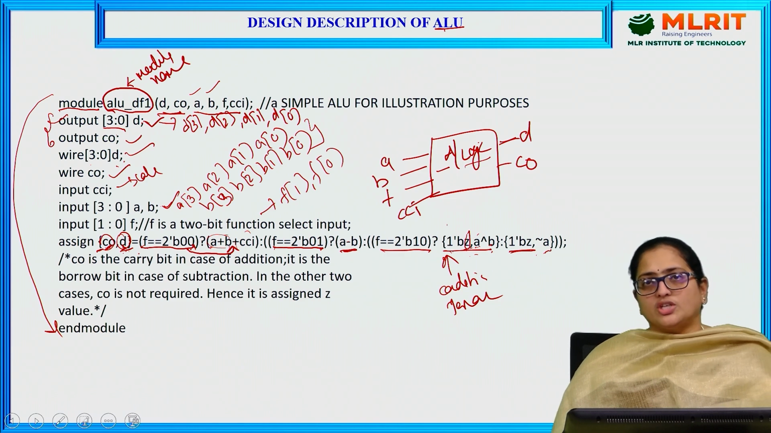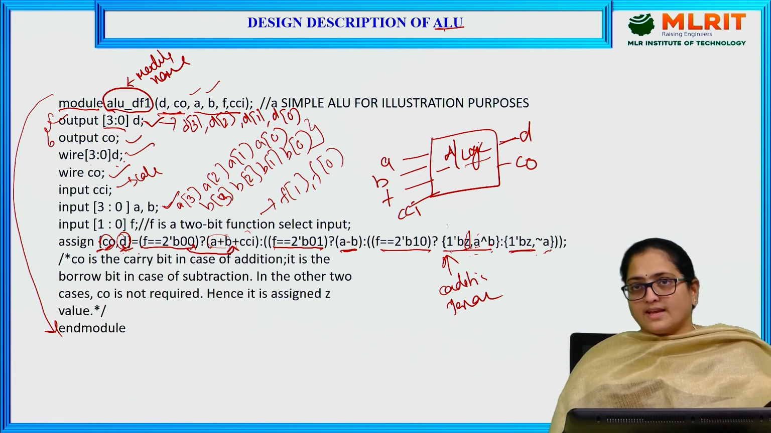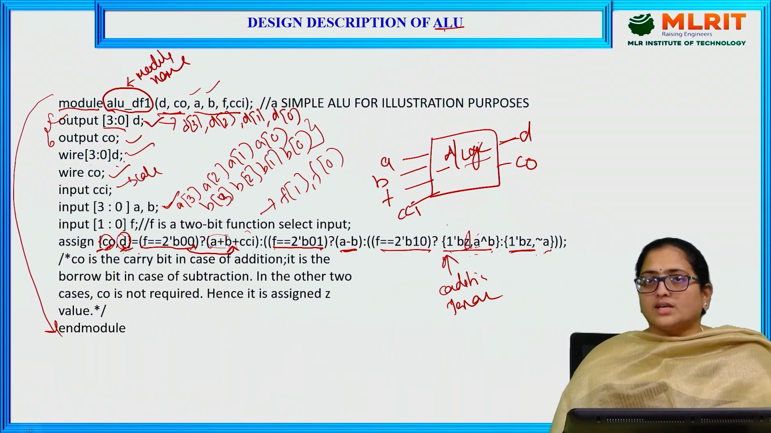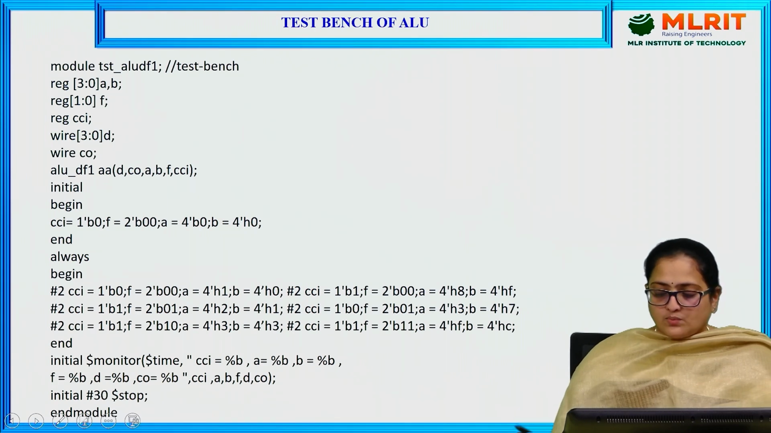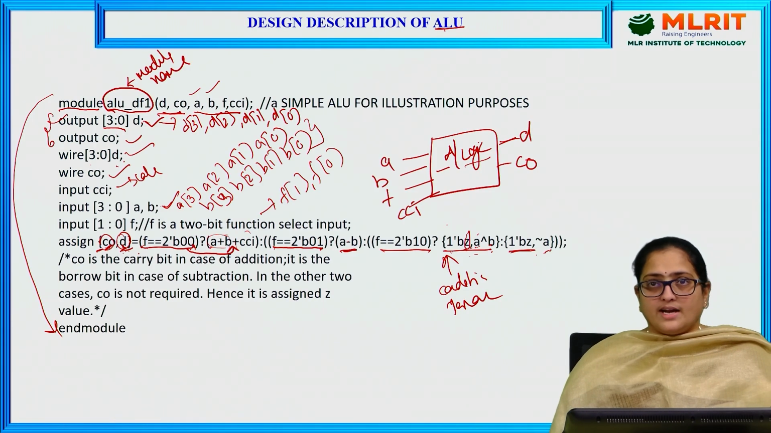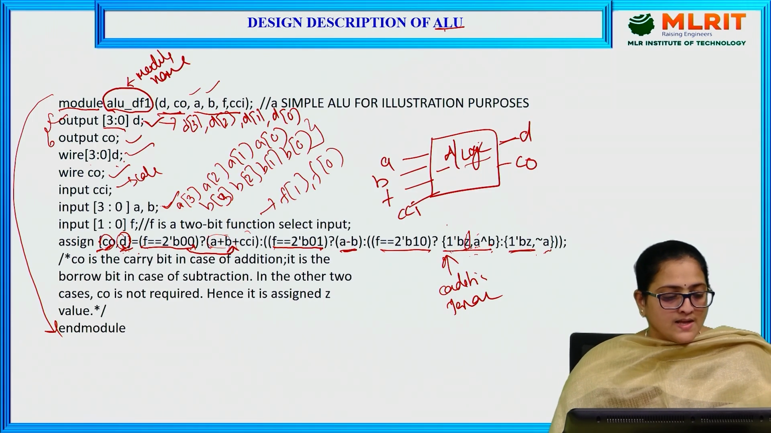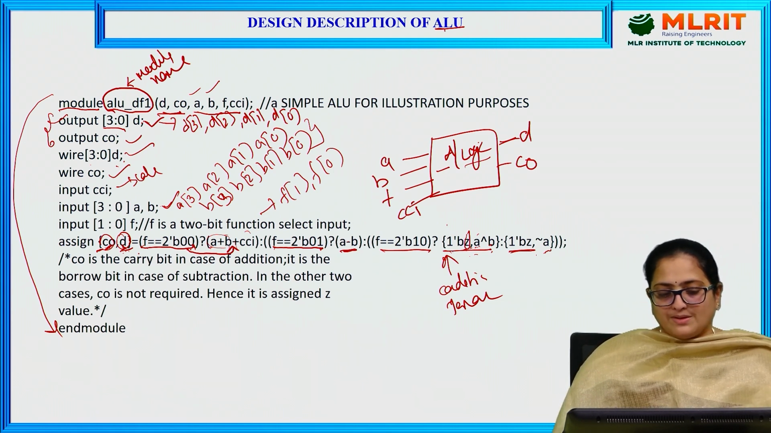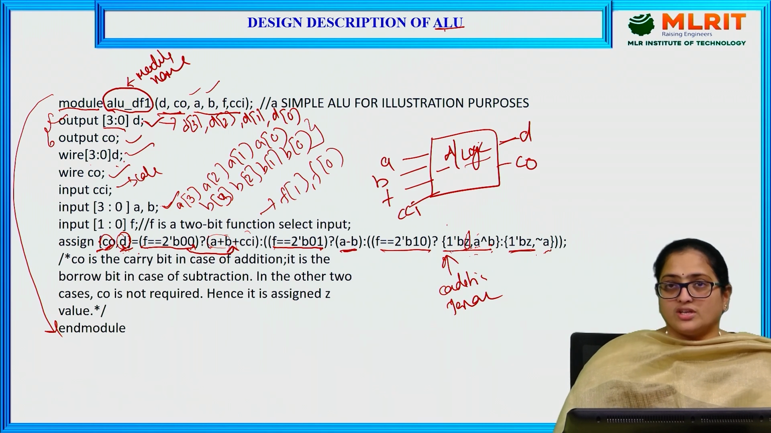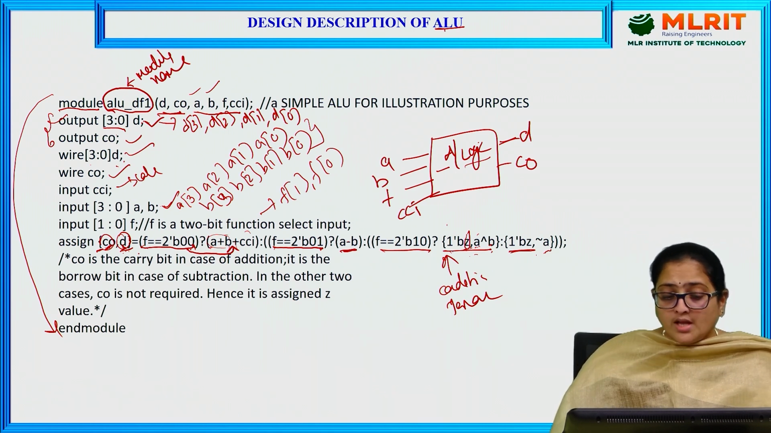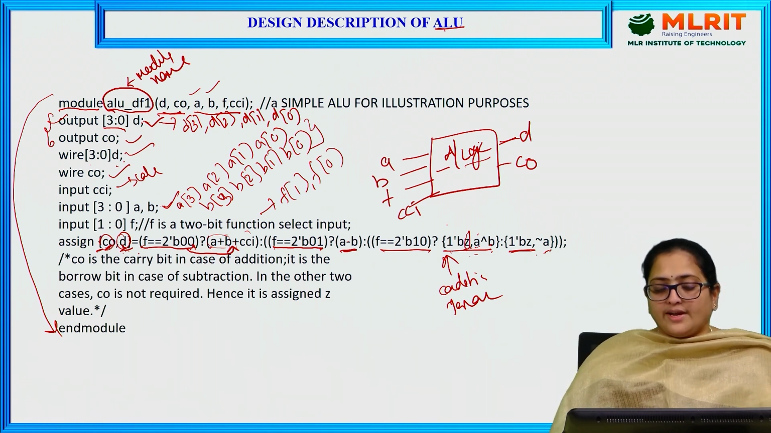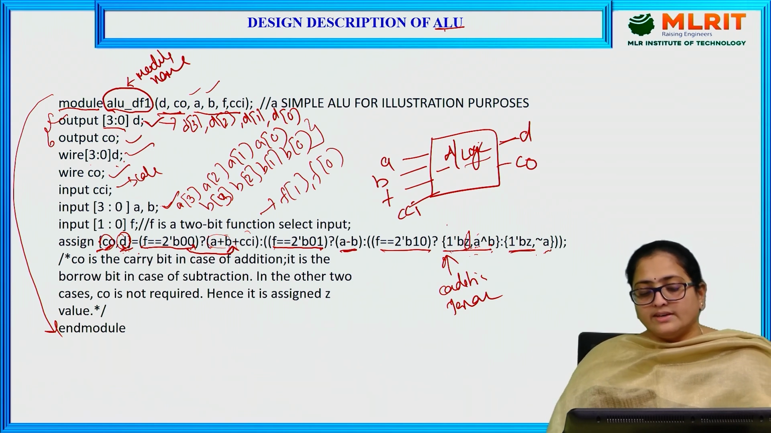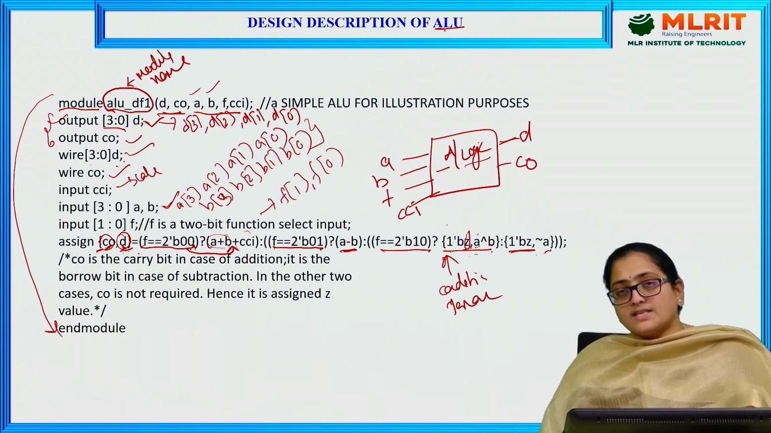Concatenation can be done with two vectors, or maybe a scalar and a vector. So here I use a concatenation of a vector as well as a scalar, and use a ternary operator. If F is equal to 2-bit binary value 00, it performs a plus b plus c, else it checks the condition. If it is 2-bit binary value 01, it performs the subtraction, else it checks for 2-bit binary value 10, then it goes with a OR b, else it goes with the negation